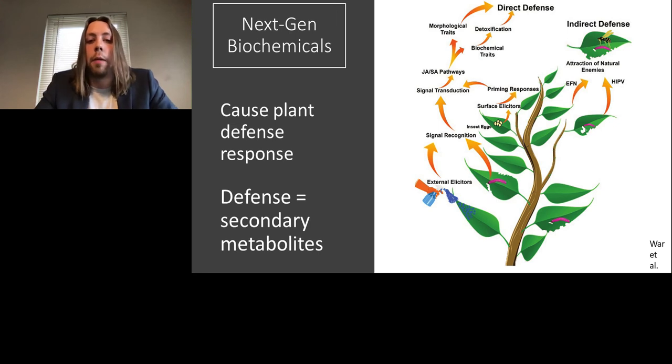Biochemicals, the gist is that we can use some of these as immune potentiators, some of these signaling hormones or other defense-related compounds that plants naturally produce, to more or less trick a plant into doing what we want it to. Cannabis, again, is a great example of this because it's a plant that's devoting almost 30%